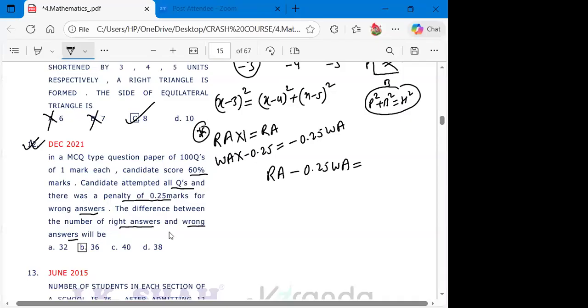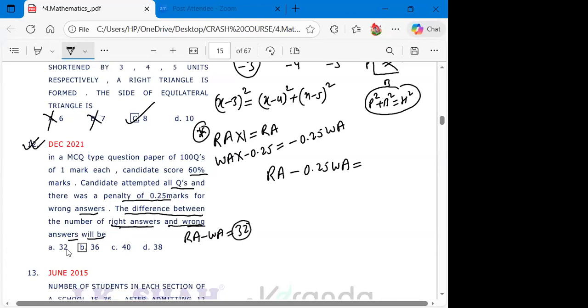Read the question very well. They are saying the difference between the number of right answers and wrong answers, which means right answers minus wrong answers. Just see, if I go for option A,